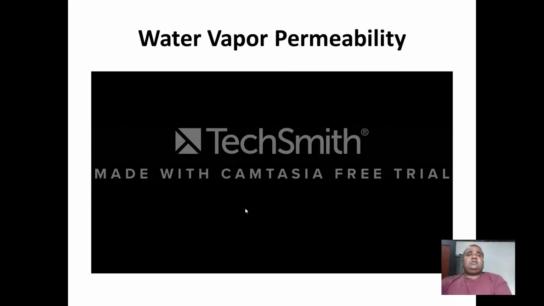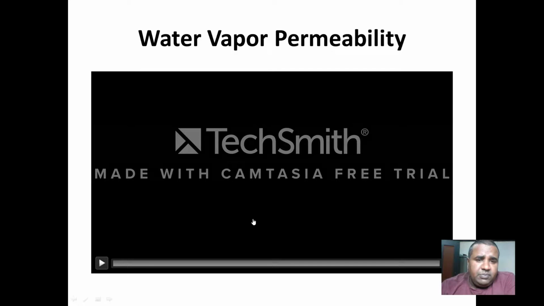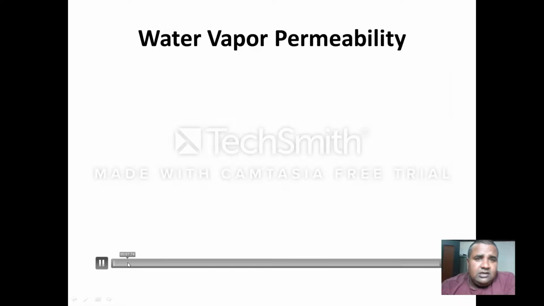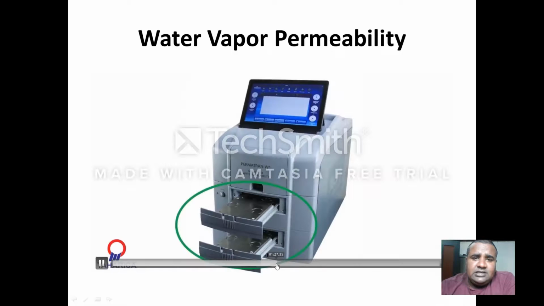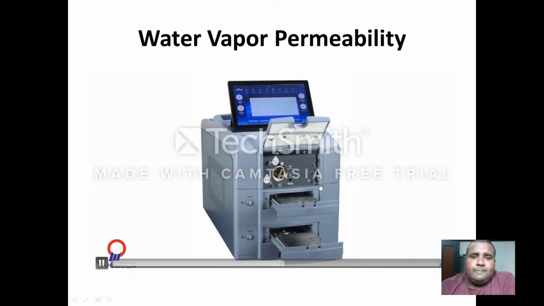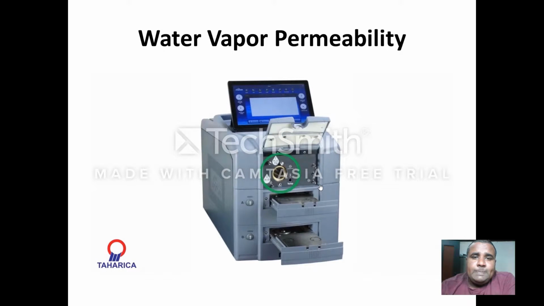So last, not last, it is second last, the water vapor permeability in the third heading. So how to determine water vapor permeability? Luckily it is working. To determine the water vapor permeability, there is a simple test. The cells operate independently, enabling you to test in duplicate. Each cell receives water vapor from the relative humidity well. During testing, an RH probe automatically ensures the specified percentage of water vapor is supplied to the cell.